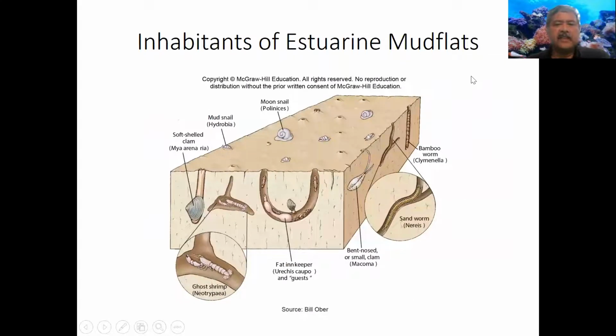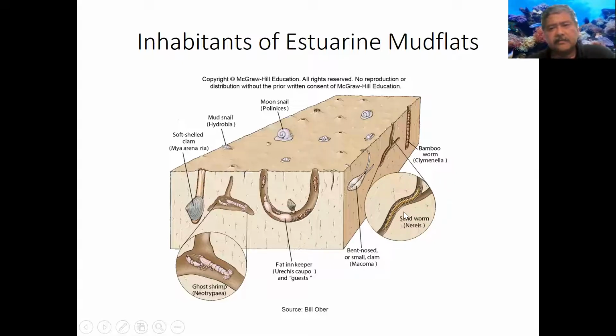Here's some mud flats, and some areas don't seem to have much going on, but if you look underneath the surface, you can see all different types of organisms. You can see many different worms here, different types of mollusks like the mud snail and the moon snail, and a clam. So you have clams, you have mollusca, and different types of worms that live in the